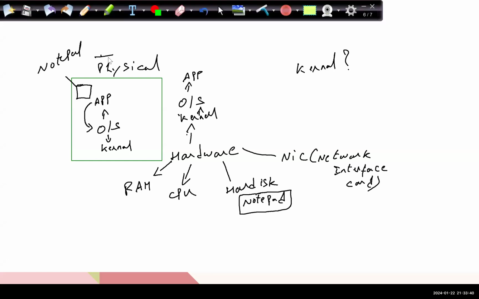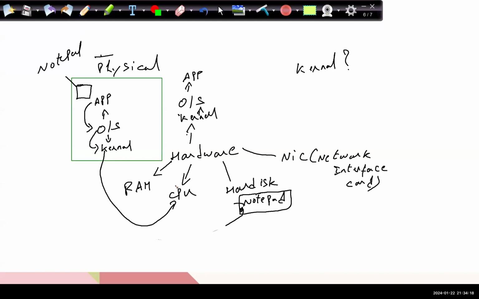So my notepad is in the hard disk, right? It is just in the hard disk. So the instructions are received by the operating system. The operating system tells the kernel that this guy needs to open the notepad. All my kernel is going to do is go to the hard disk, pick this notepad, and now this kernel is going to give the instructions to the CPU, obviously, because the kernel cannot process it, right? Kernel goes to the CPU,